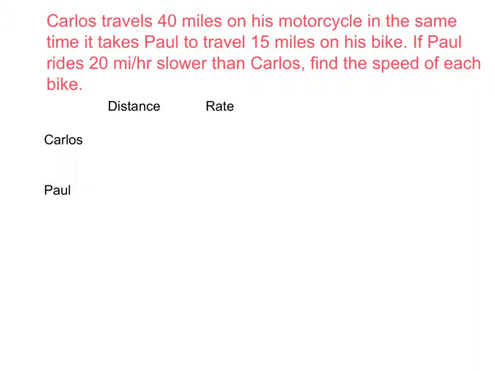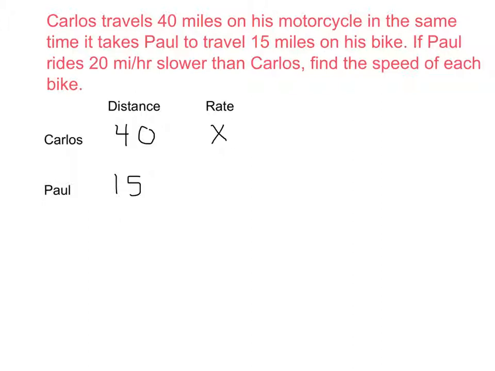We know that Carlos is going to travel 40 miles. So his distance is 40. We do not know anything about Carlos's rate, so that is going to be our variable x. And Paul travels 15 miles